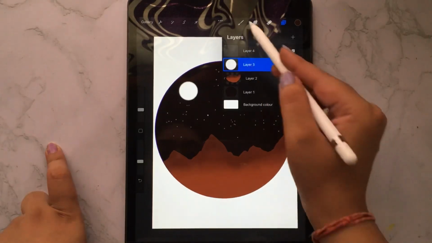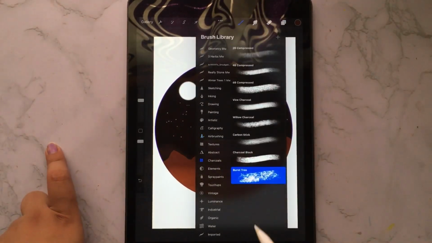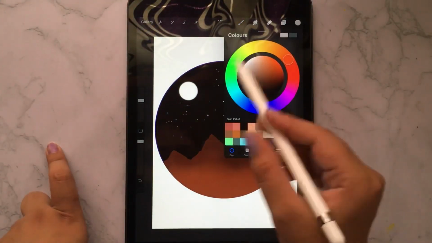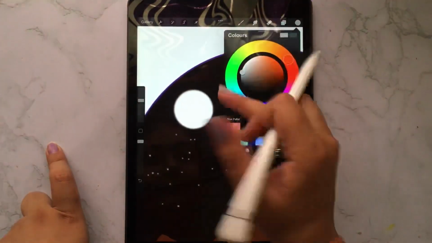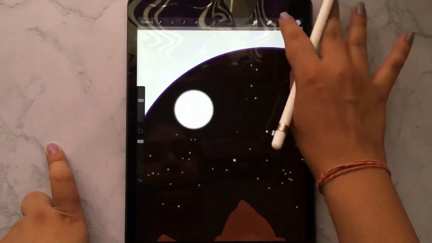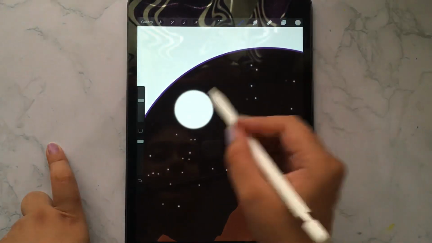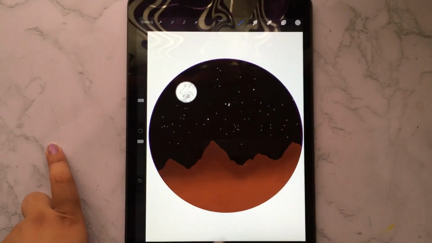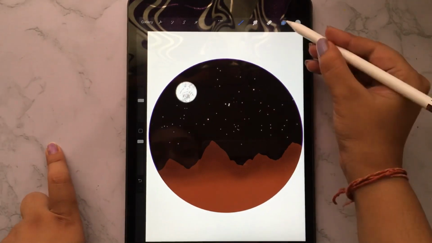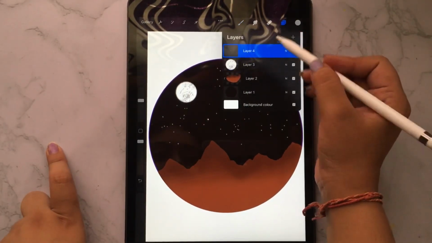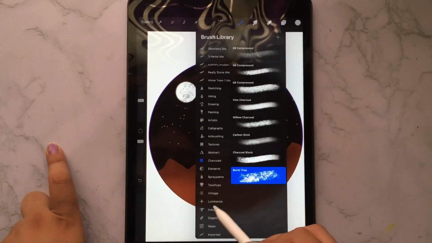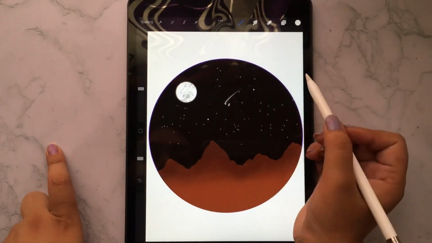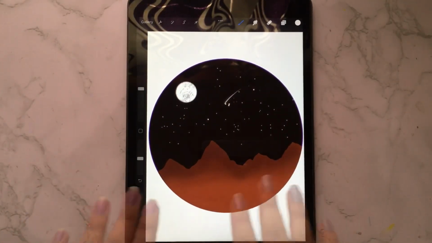And for more detailing in the moon, you can select charcoal and go to burnt tree and select a gray color and do this and do alpha lock this, and you can do this for creating a moon kind of effect. Also you can go to the star layer and select the luminance brush, light pen and white color, and you can make a star like this. So it is very easy.